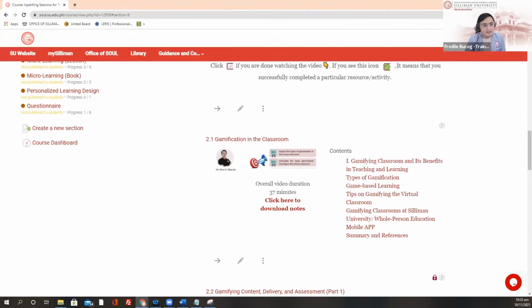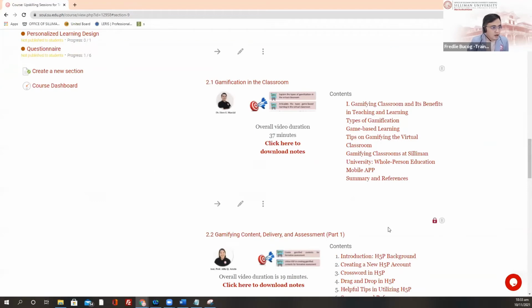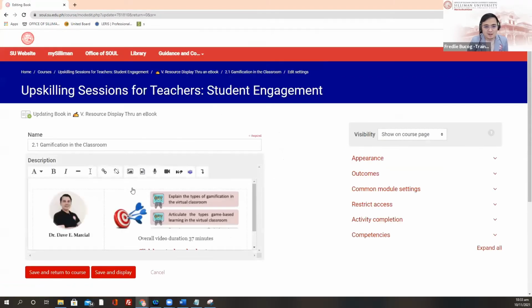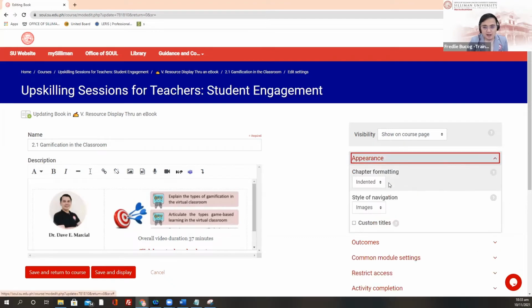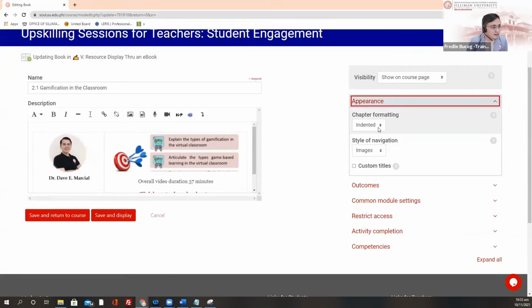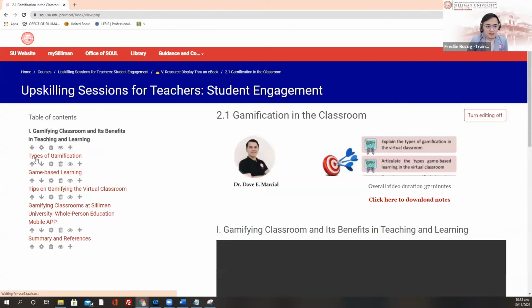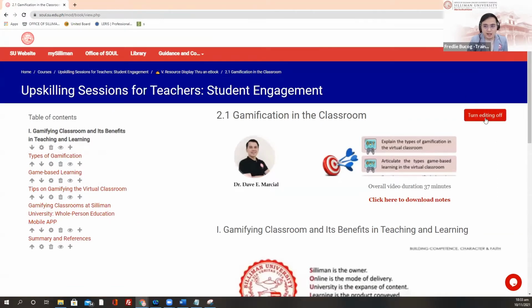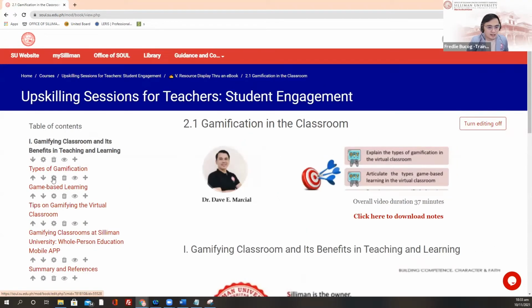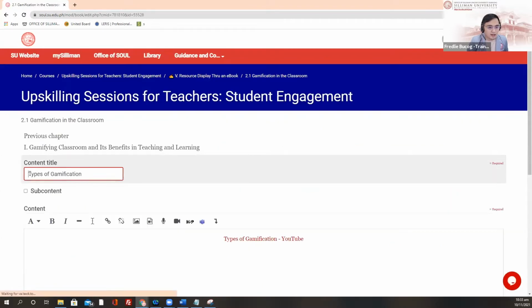So my suggestion, Sir Josh, regarding this part, you can just choose the indent, which means it will default to a number. So you just click the appearance, and then it's just indented. You save and return, and then you simply copy, and then you simply turn editing on. If you want to change, you just click the configure, and then here,